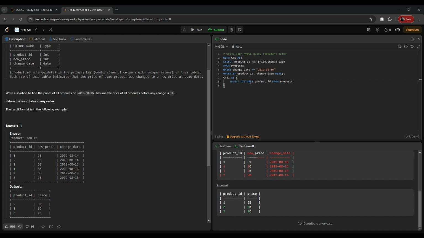Okay, select distinct product ID from products. Now let's check what we are getting now with the select all the data from city1, the first city, that is this city. Select city dot star comma cte2 dot star